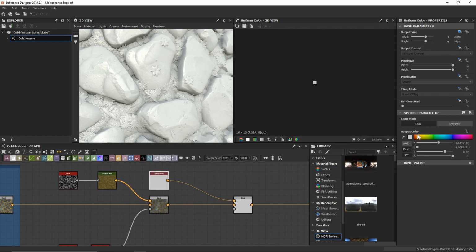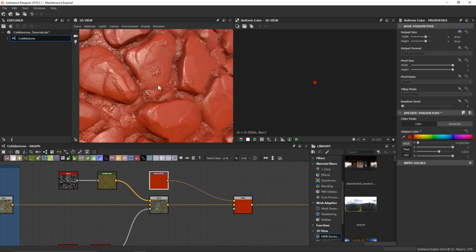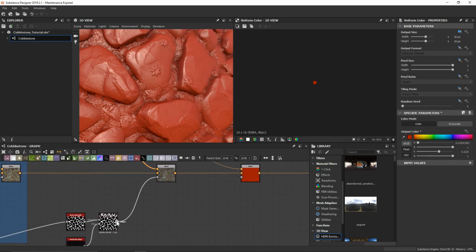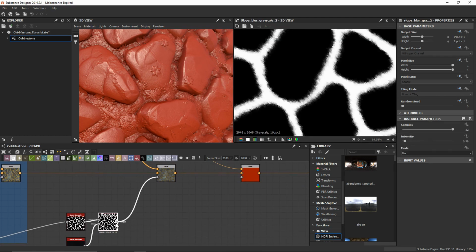And so right now, I'll just leave it on something kind of like an ugly, very vibrant red that really doesn't make any sense here. But this is going to allow me to see when I'm developing the mask, just where the mask is actually interacting with. So to start off with our mask, I'm going to use our slope blur grayscale here and just